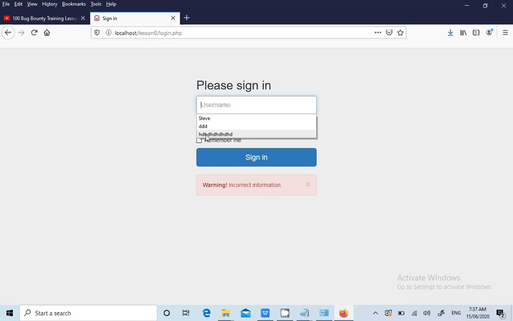That means, let's say there is a trusted website like Gmail or Facebook, and Facebook shows who all users logged in on that machine previously. Let's say 100 people logged in on a shared machine.